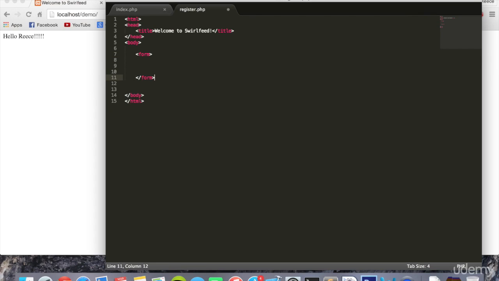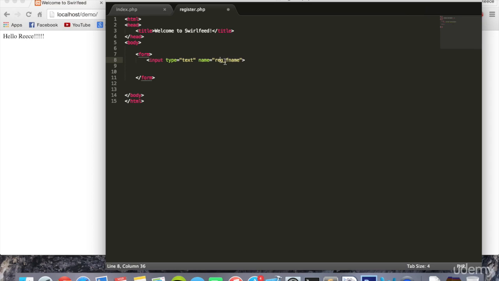Give it some space. Okay, so now we're going to put in our input fields where the user will type their information. Input, and inside here, between the greater than sign, we're going to say type equals, double quotes, text, name equals, and this name is how our PHP code that we're soon to write will reference the text in this input field. We're going to call this